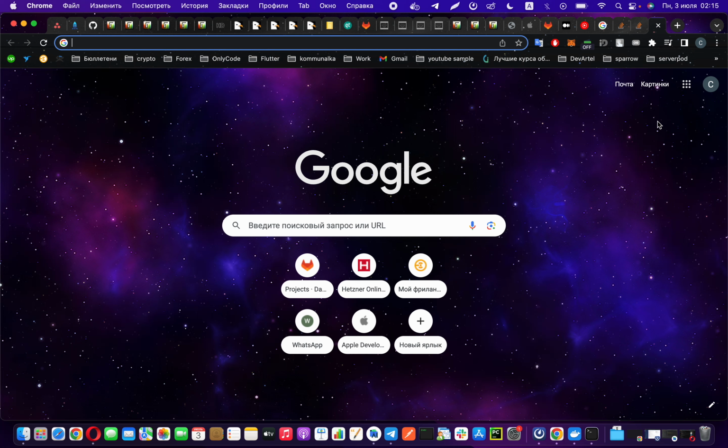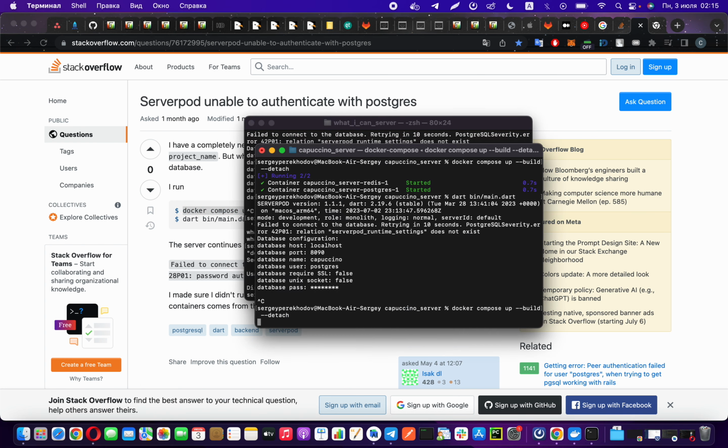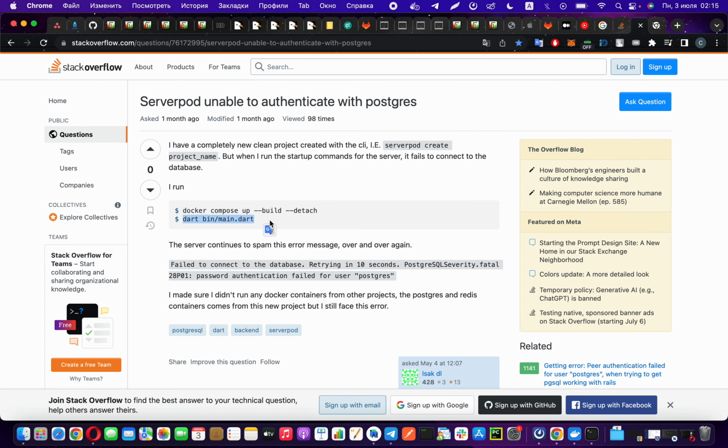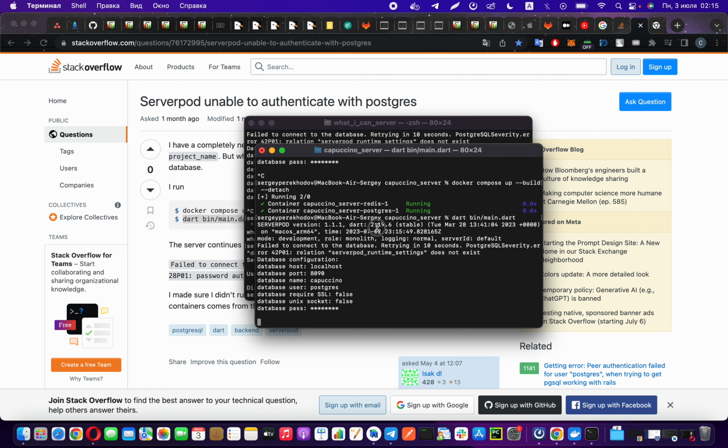I have fixed it using just some Docker commands. We can check this: after running, we run main Dart and we will get the error, failed to connect. This problem